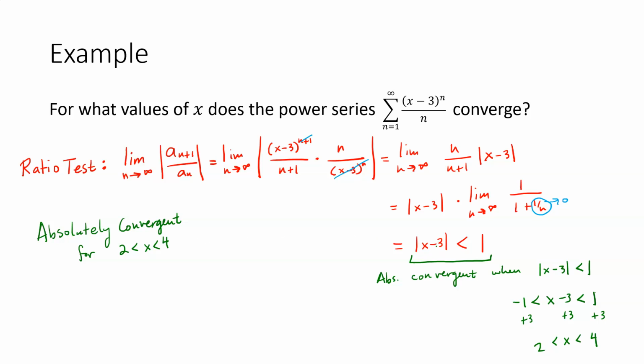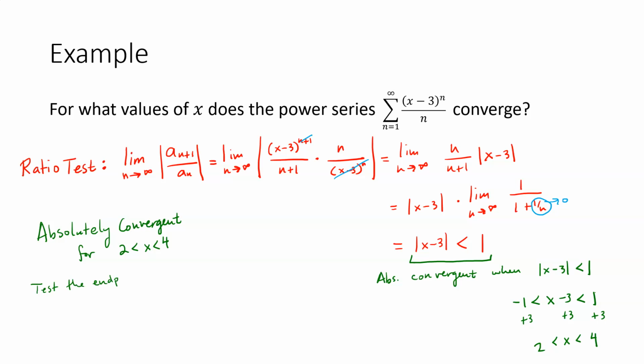And notice that those values that make this equal to 1 are going to be the endpoints of this interval. So for instance, when x equals 2, we get 2 minus 3 is -1, and then the absolute value of 2 minus 3 is +1. And so if it's equal to 1 at x equals 2, we need to test separately. So we'll test the endpoints here